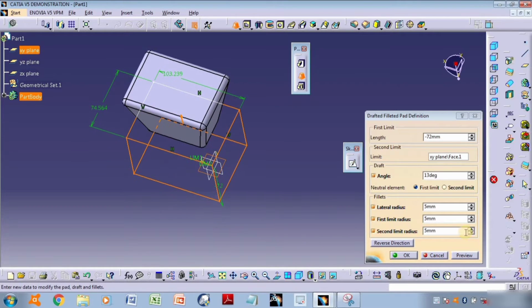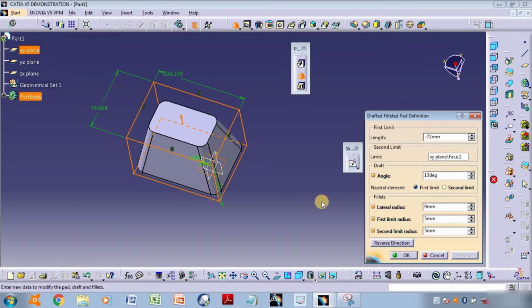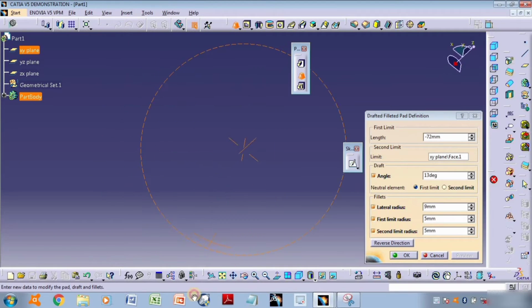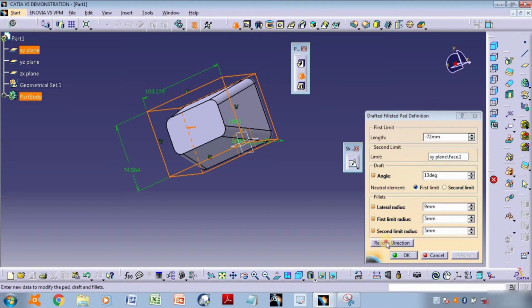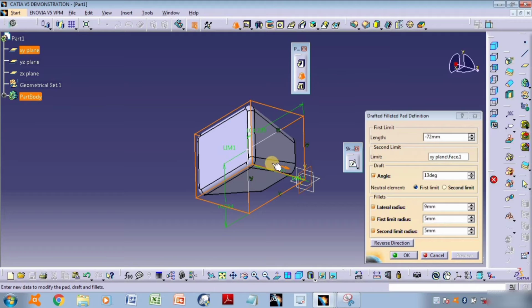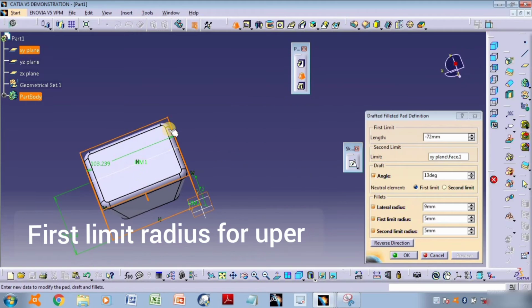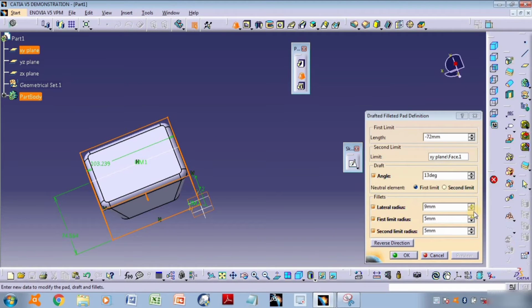Okay, here are the given dimensions, lateral radius I can use for this preview. Okay, here the dimension of this will change, and first limit radius was changed, the upper face radius.